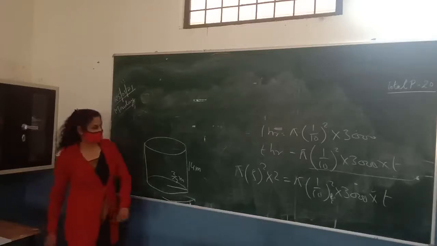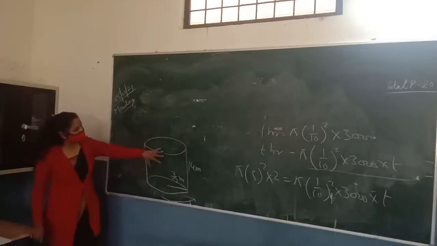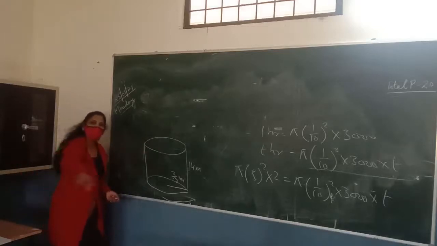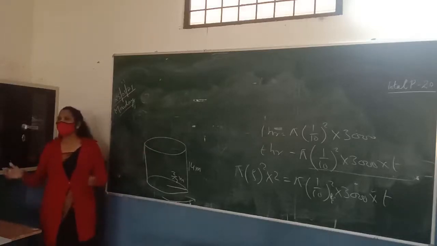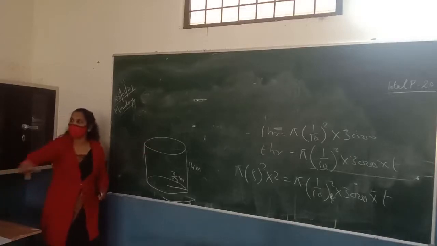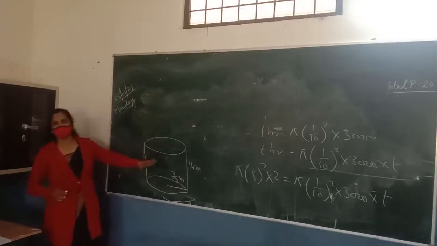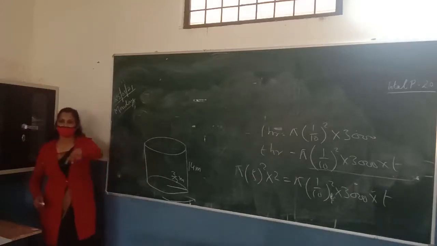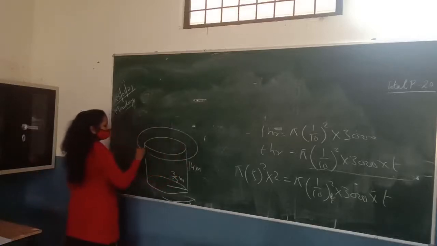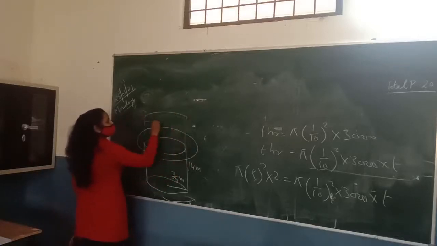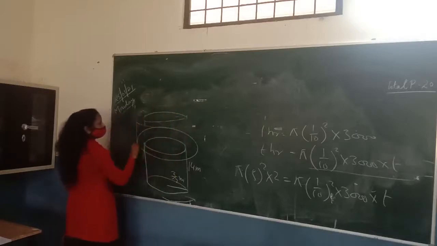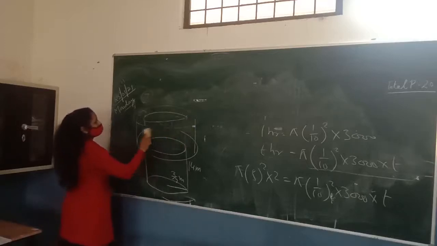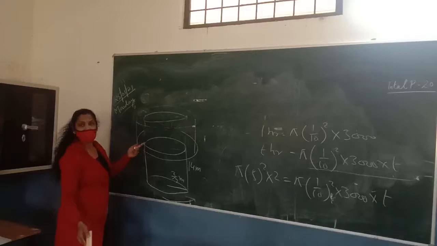Just Hindu, just listen here. So what we are doing? We are taking out the earth from this well and this earth we spread all around it in a circular form. This is called the embankment. बोलते हैं ना कि साइड में क्या बाउंड्री वॉल बनाते हैं जिससे. So this is like the boundary wall of this well. So we are making a hollow cylindrical shaped boundary wall. It will look like this. So this is a cylindrical shaped embankment.